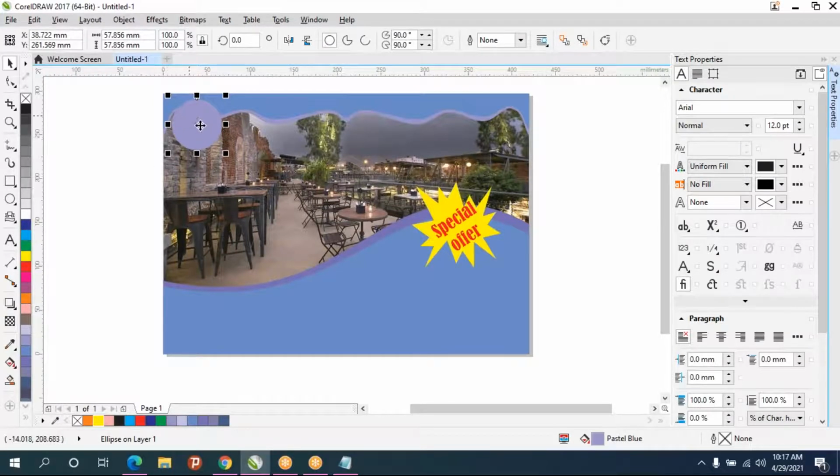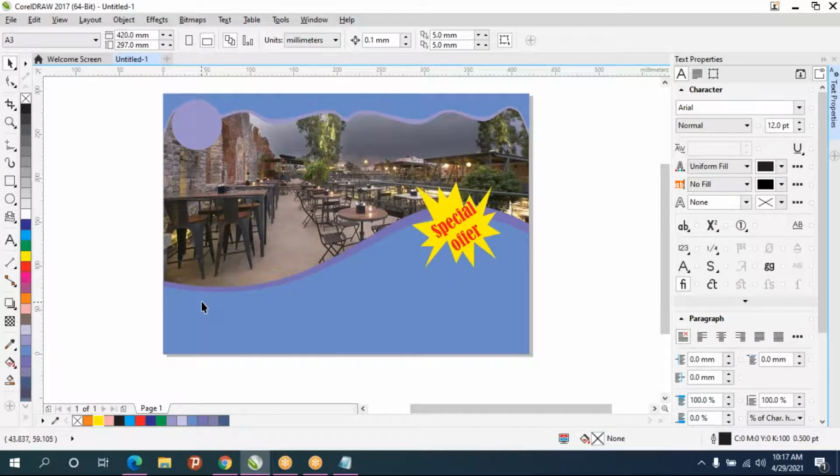And you can keep your company logo over here. And other than that, if in your restaurant you are introducing any special things, you can type the title over here.